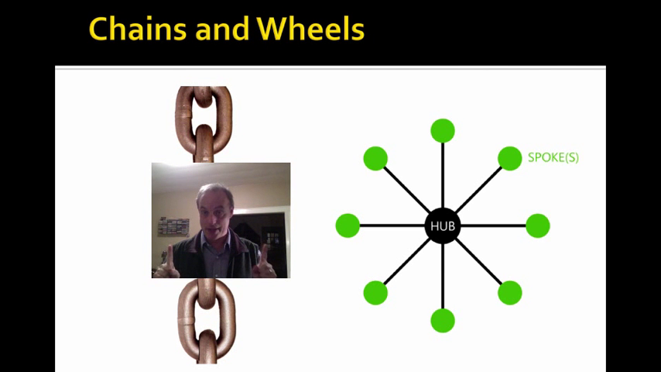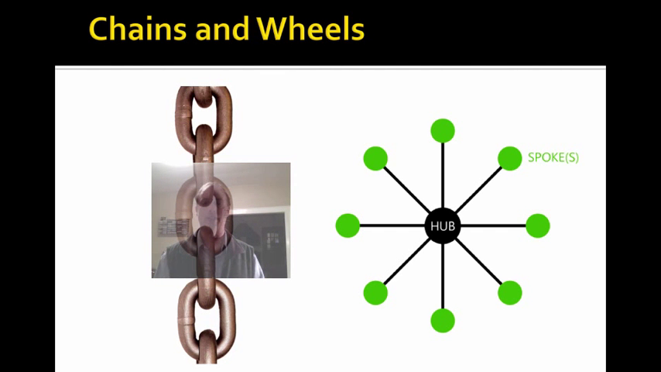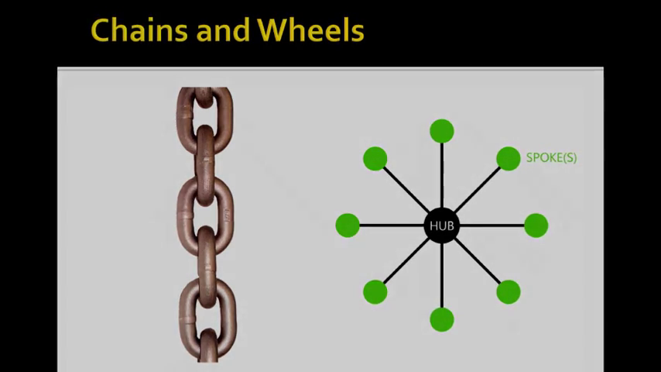Think about this one other thing. In a hub and spoke arrangement, you could have a chain as one or more of the spokes, so you can combine these concepts. All right, next time we get together, we're going to jump in and talk about the